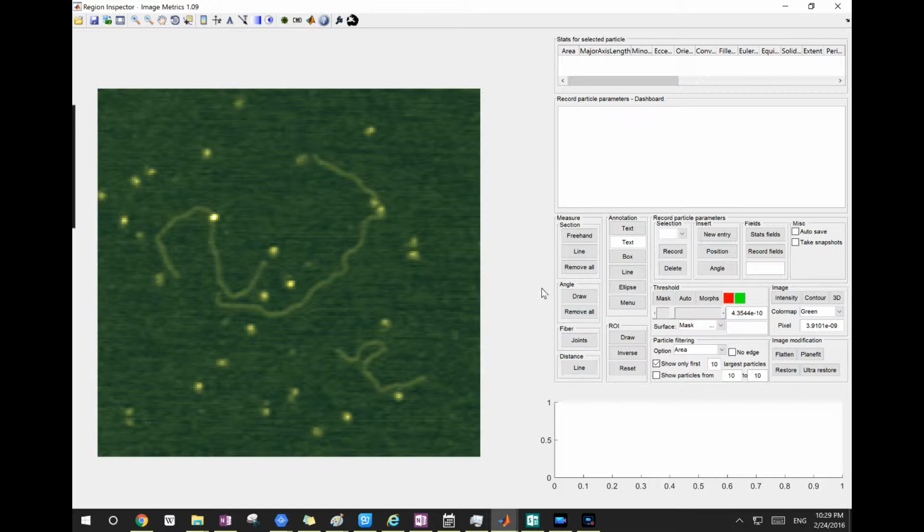So first, line measurement. To do the line measurement, for example if I want to trace the DNA, the easiest way is to let the computer trace the DNA automatically for me. To do that, we have to mask the DNA first. So I click mask,